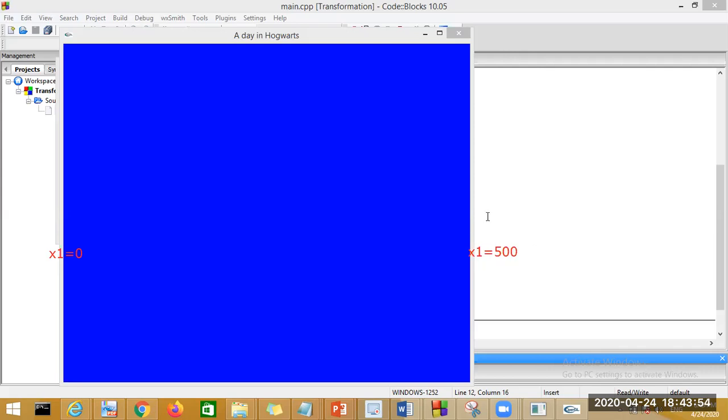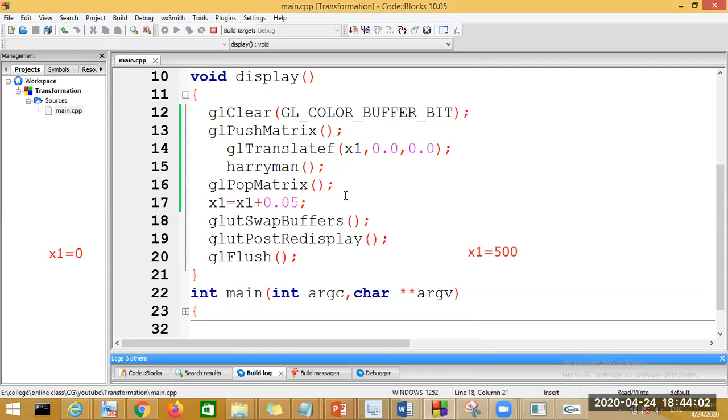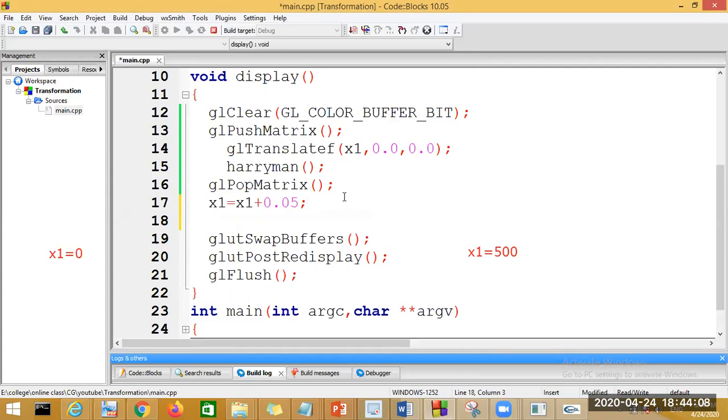Say for example, I don't want my object to move beyond 100 or say 200. What I can do, if x1 is equal to 100, there is no translation.